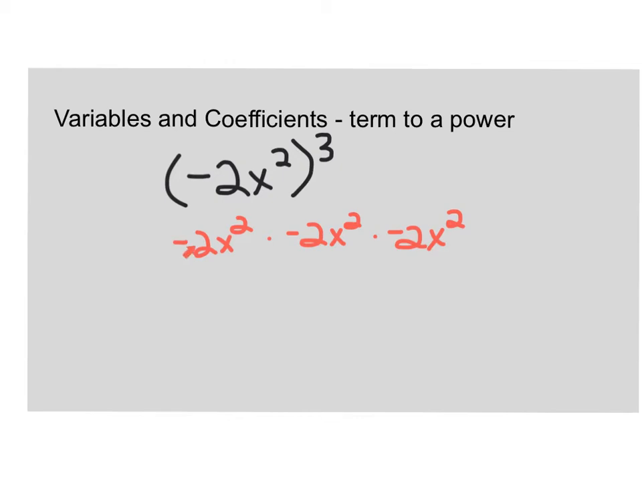So we have a negative 2 times a negative 2 times a negative 2. Well, 2 times 2 is 4, and with these two being negative, it becomes positive. Negative 2 times negative 2 is positive 4. But then we have 4 times negative 2, which is negative 8. So we have negative 8, and then our x squared,